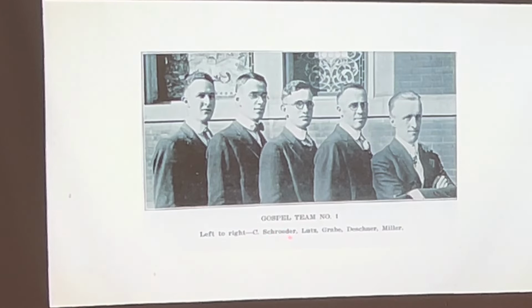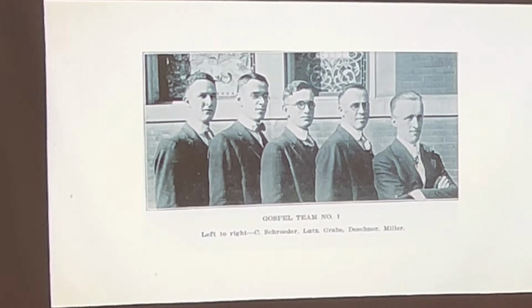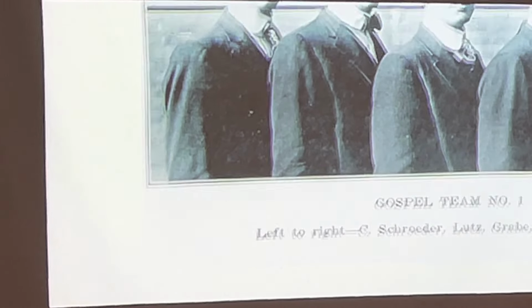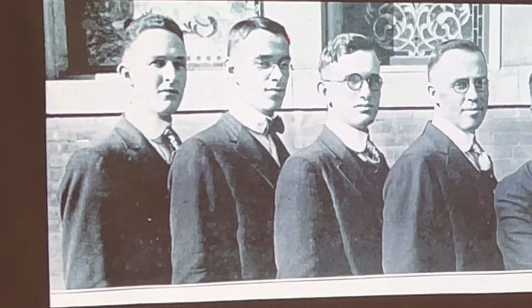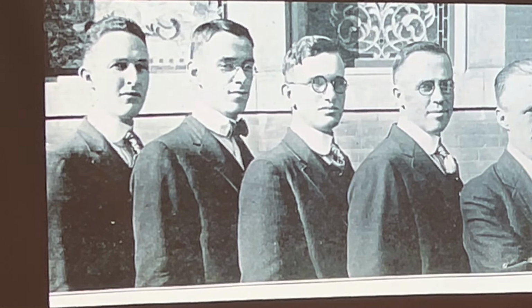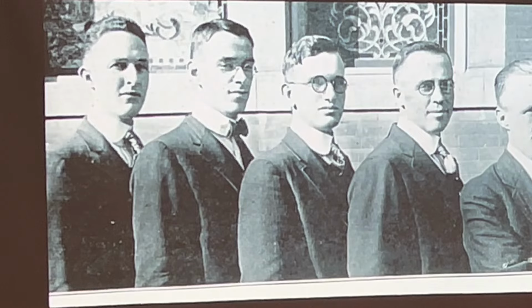This is the gospel team from Central Wesleyan College. This is 1918. Carl Lutz is this man right here. And if you've looked, he's on the board out here as an important citizen that lived in this town. Go with me now, 1944,